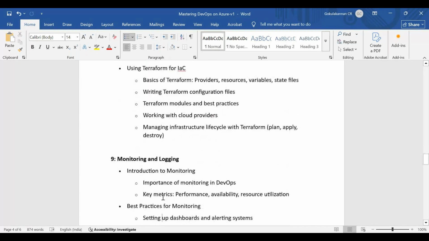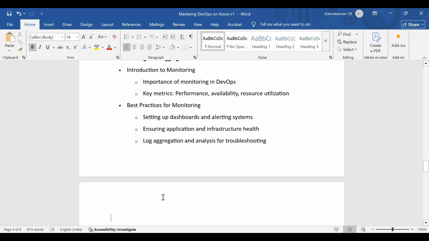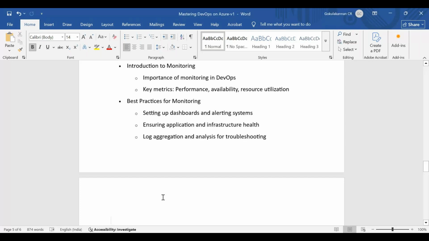We will be creating resources in Azure using this Terraform, and monitoring. If you're a DevOps person, you should be contributing on the monitoring. So we'll be discussing different aspects, like what different options you can use for your performance monitoring, your resource utilizations and all. So the health checks, how you can create alerts, how you can send mail to a distro if something happens, how you can send a message to the app, what configurations you can do. Those we'll be discussing under this monitoring.